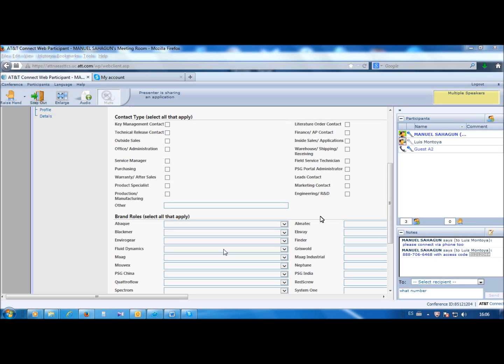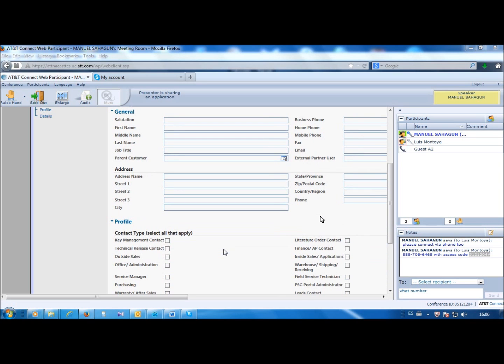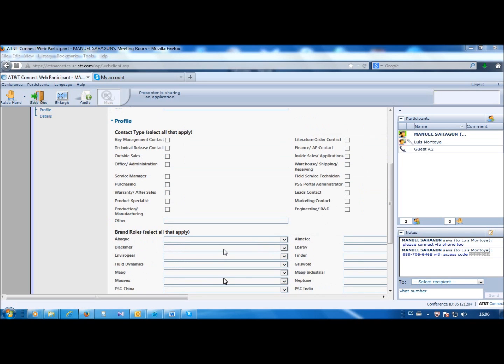No, not your customers. This is for your contacts. This is for your employees and people that will receive communications from PSG, Almatech, Blackmer, etc. So all of the brands that you carry, these would be the people that would receive communications from us,